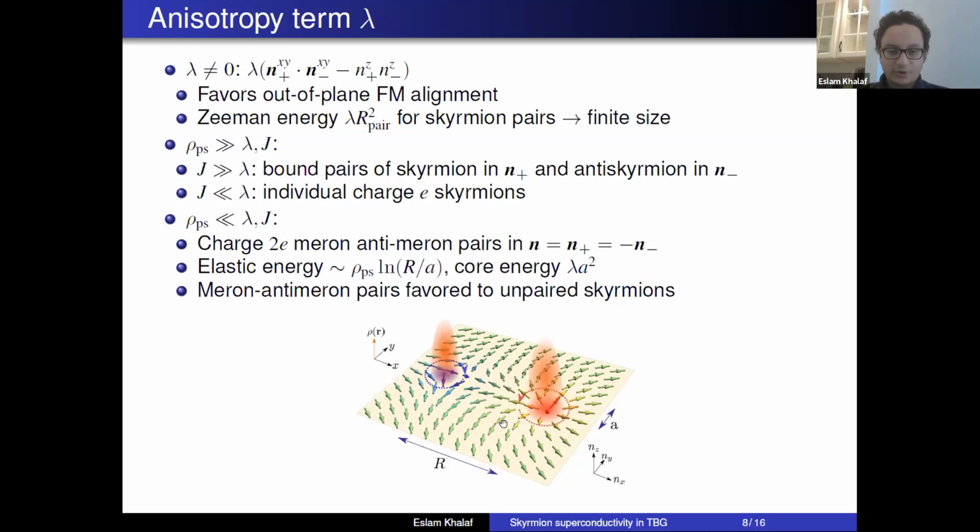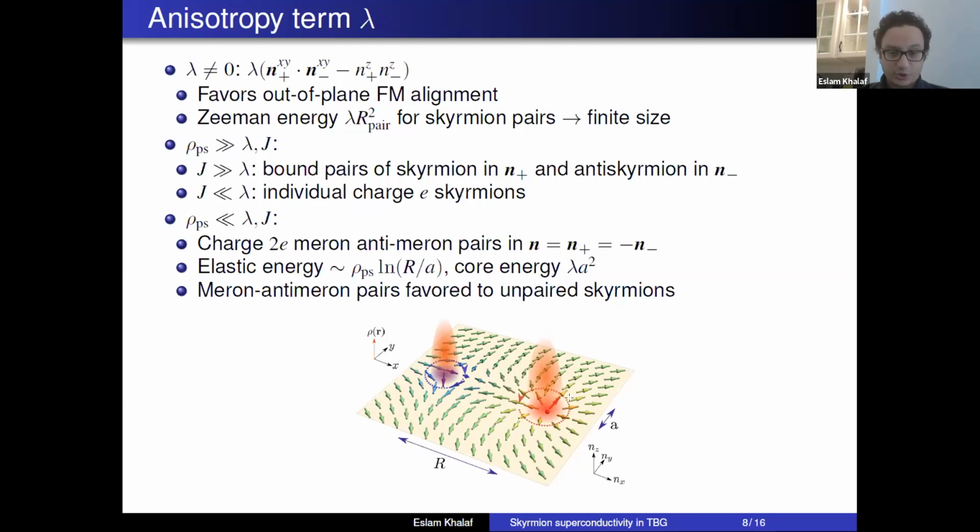So a meron is a, so here we consider the spins to be completely antiferromagnetically aligned, which means J is satisfied. And then in this combined spin index, pseudo-spin index, we have the spins forming a vortex whose core goes out of the plane. And if we have a vortex with a core out of the plane and another anti-vortex with a core that's out of plane but in the opposite direction,